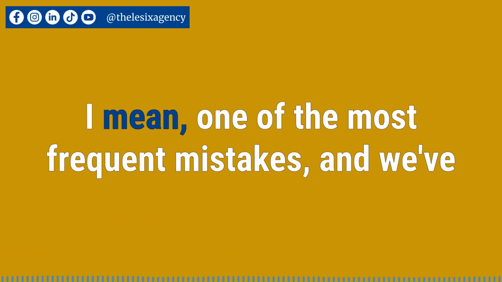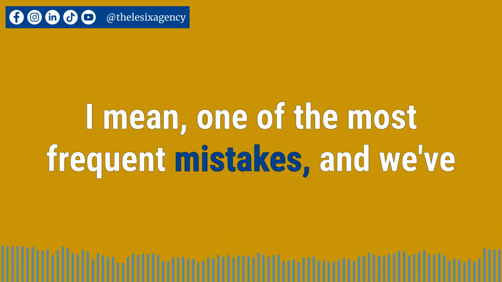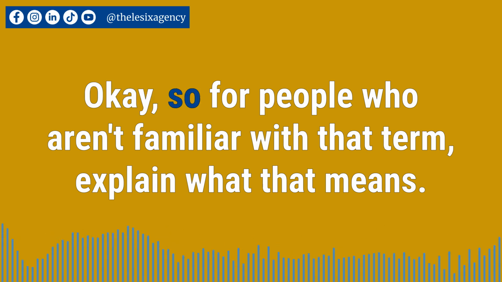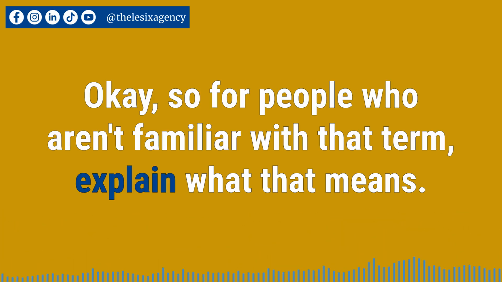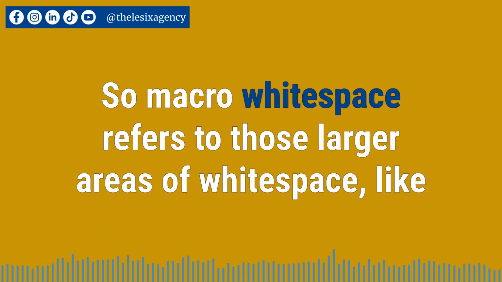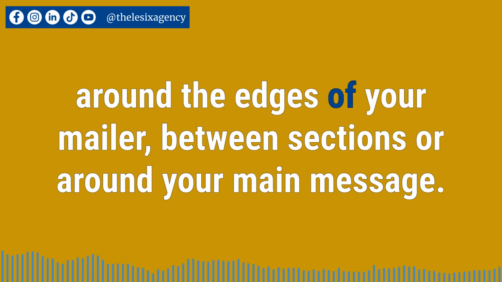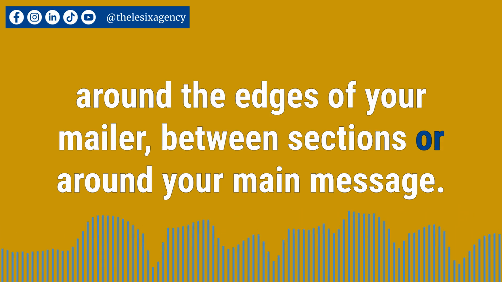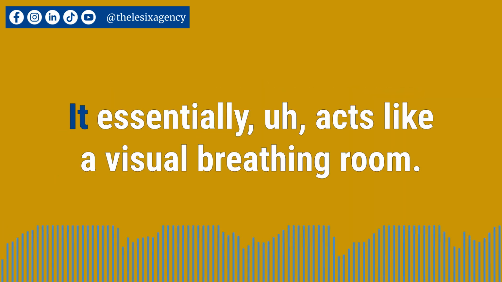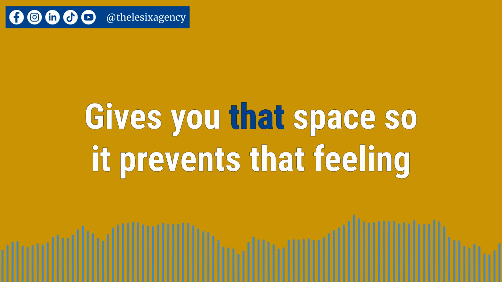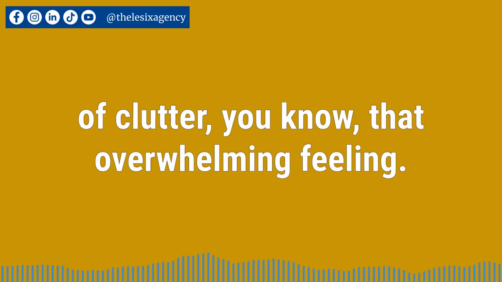One of the most frequent mistakes, and we've all seen this, is neglecting macro white space. For people who aren't familiar with that term, explain what that means. Sure. Macro white space refers to those larger areas of white space, like around the edges of your mailer, between sections, or around your main message. It essentially acts like visual breathing room, preventing that feeling of clutter,